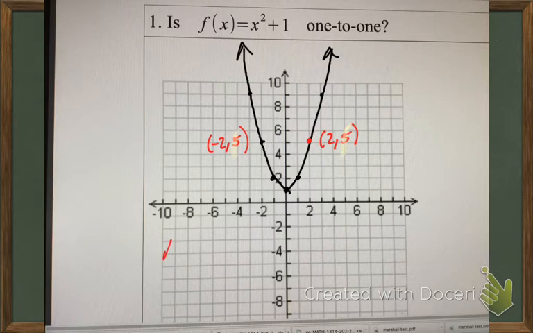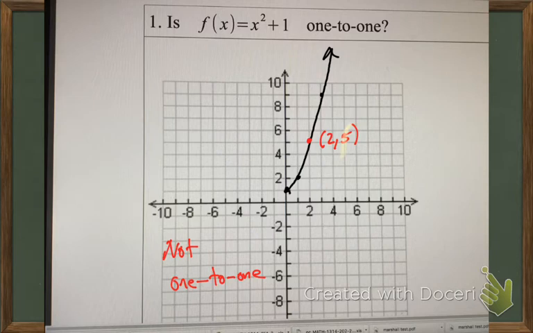So if I have repeating y's, it's not going to be a one-to-one function. So this is not a one-to-one function here, and so that's it. However, what we might be able to do is some sort of restricted domain. What if I get rid of the left-hand side here? If I get rid of the left-hand side, then I think I'm going to be okay. I think we're going to be able to pass the horizontal line test, which would mean we don't have any